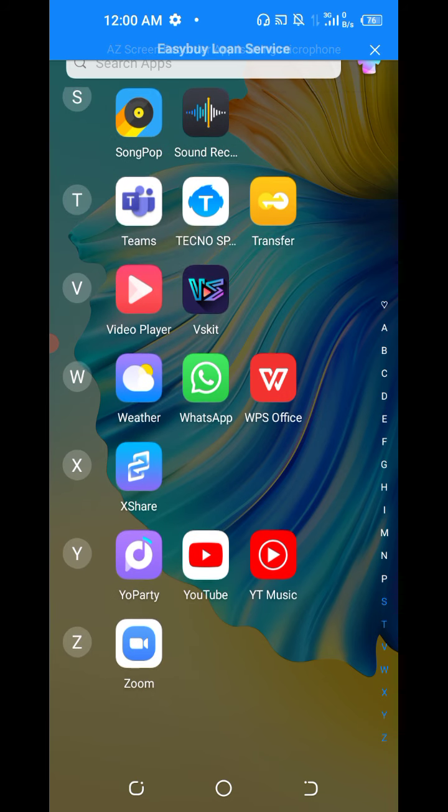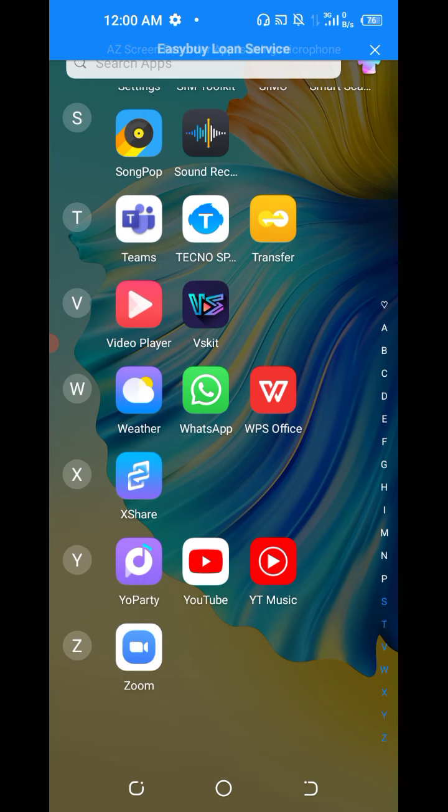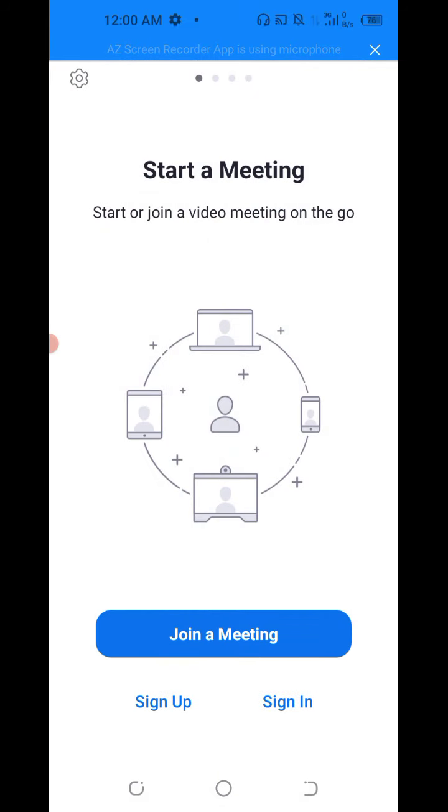So, first of all, you have to have a Zoom account. I already have a Zoom account, and because I have a Zoom account, I also need to download the Zoom app on my Android phone. I have the Zoom app, I have a Zoom account. All I need to do is to log in. I tap the Zoom app on my Android phone to go in, and I can join the meeting straight without